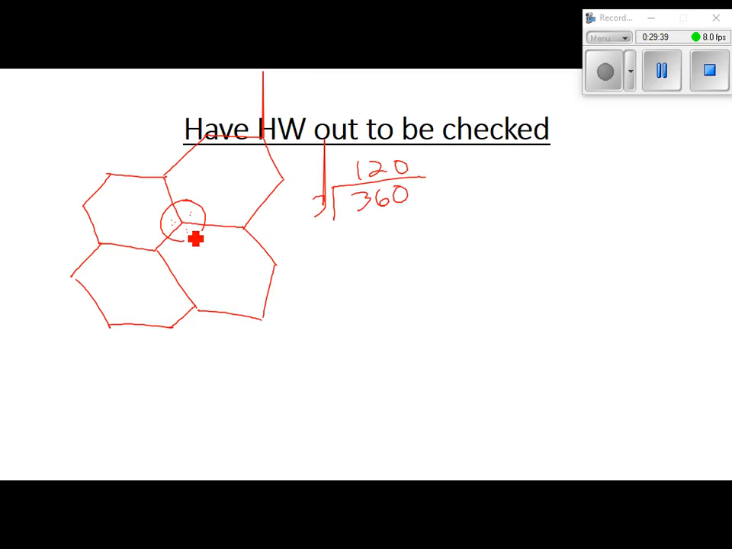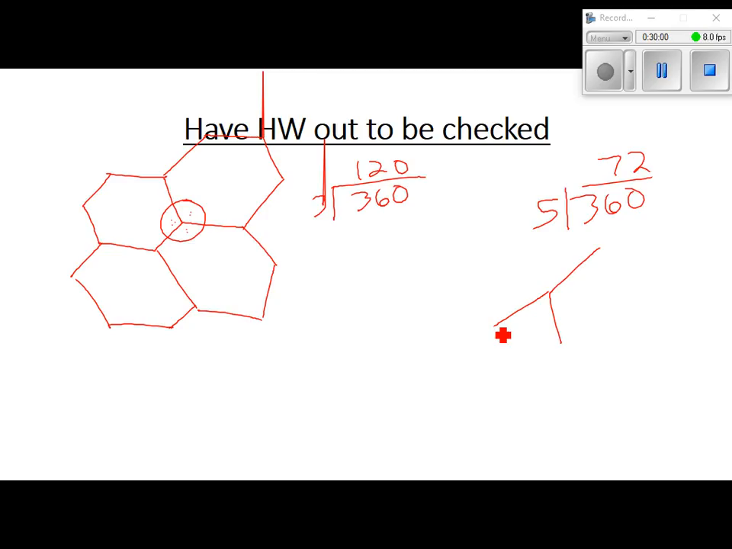So with a pentagon, it has 5, right? So we take 360 divided by 5. What's 360 divided by 5? 72. So that means when we start to put these sides together on a pentagon, and they're all coming together